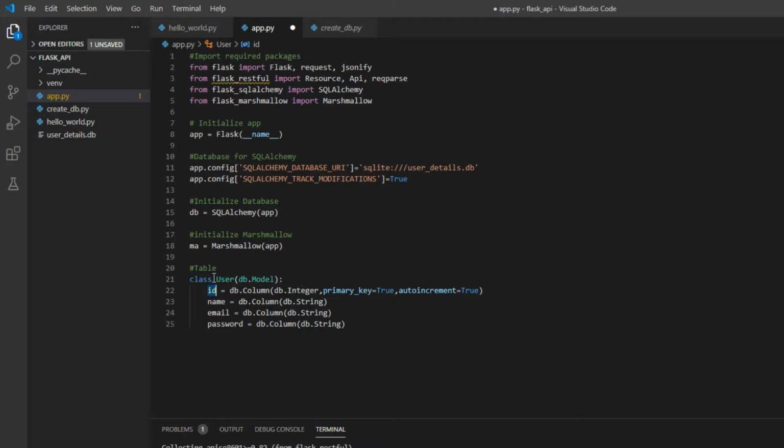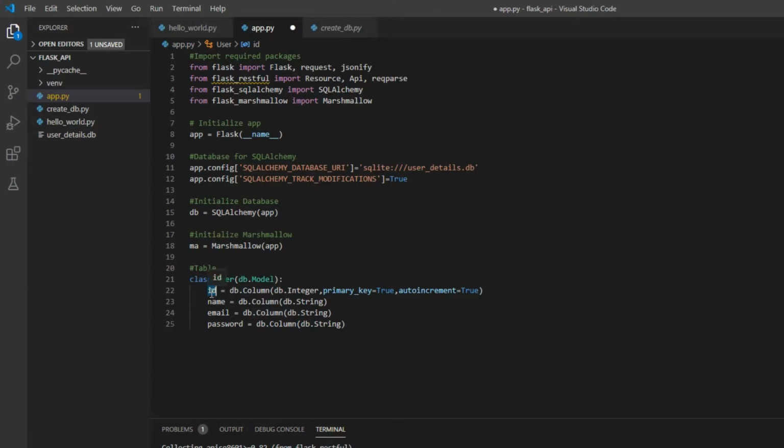First we create a class User that inherits from the db.Model class. Then we create the first column. In Flask we would call it a class variable, but in this case we call it a column because it's a model.